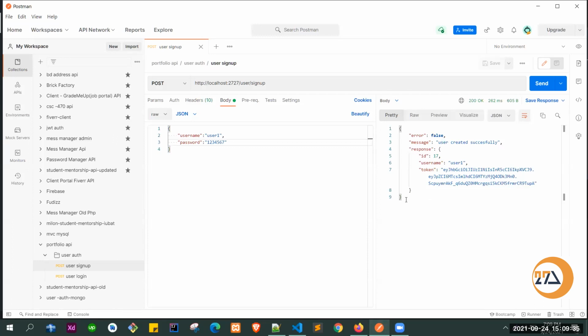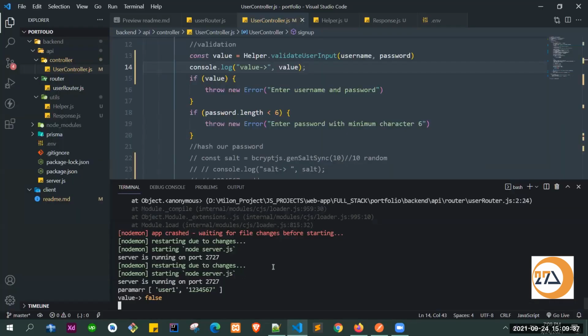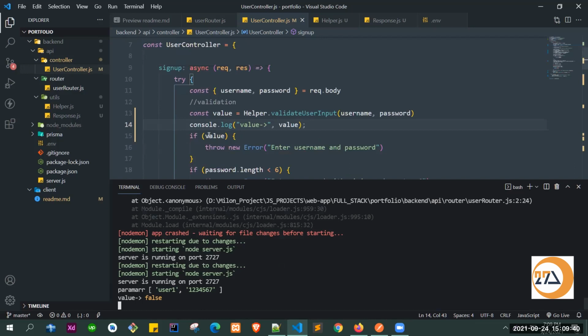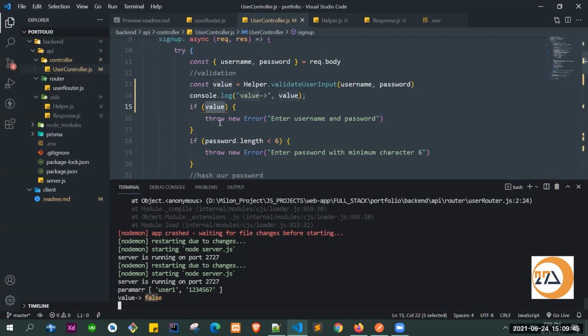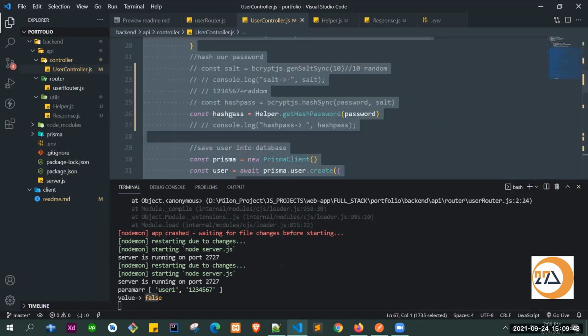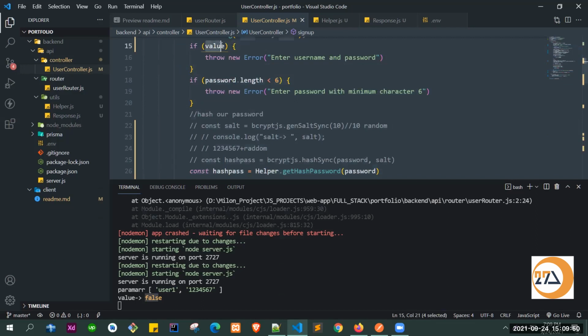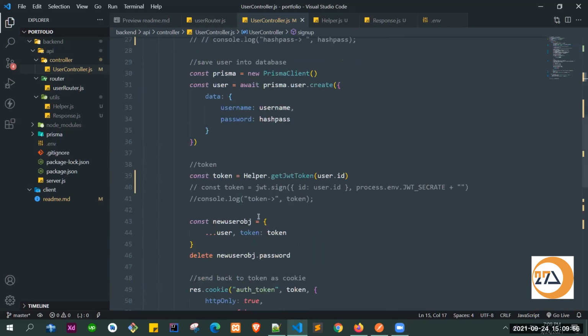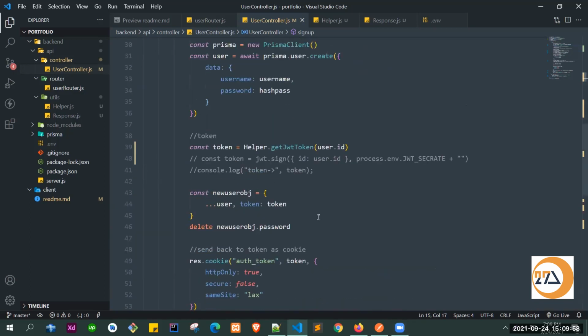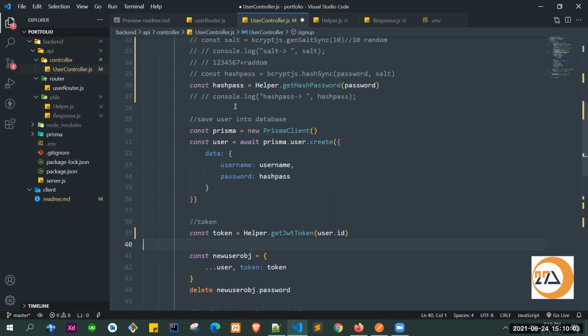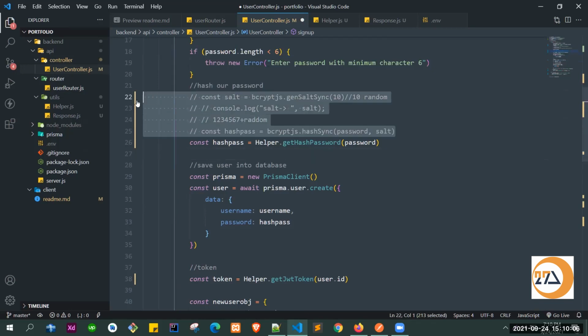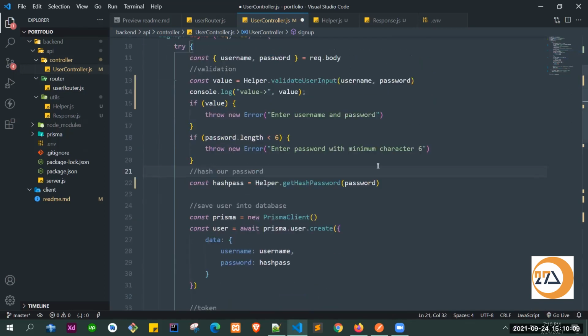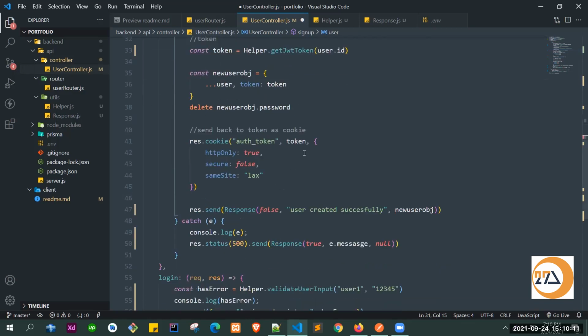Okay, now it's working. We made the wrong logic there. The value is false, so there is no error, and then we move on. But initially we did it the wrong way, and we had given false here. Anyway, now it's working. We can remove the unnecessary comments to make our code cleaner. We can remove this token comment, and after that remove this password comment. I think this is all good.